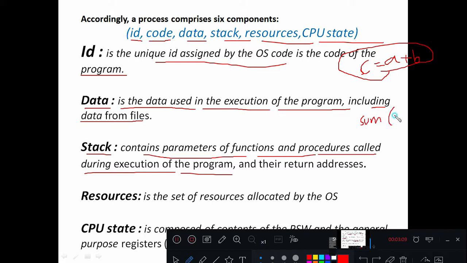To this sum, I'll pass two parameters, the values of A and B, and the result will be returned back to the main program.